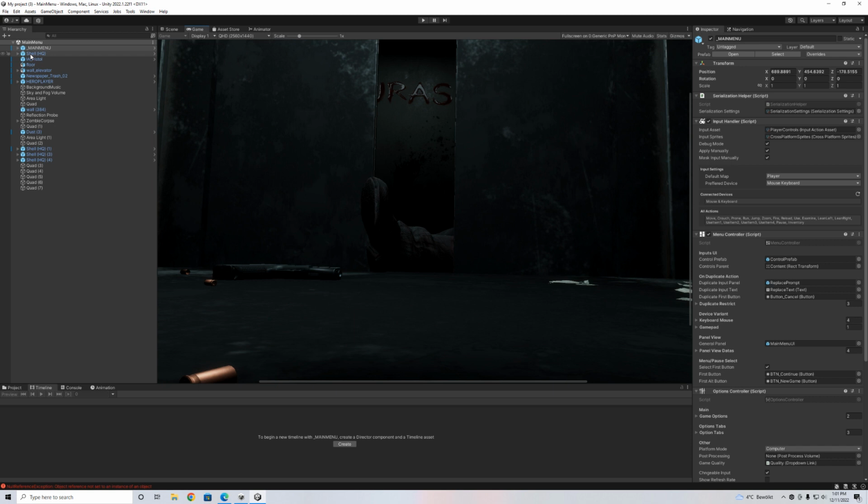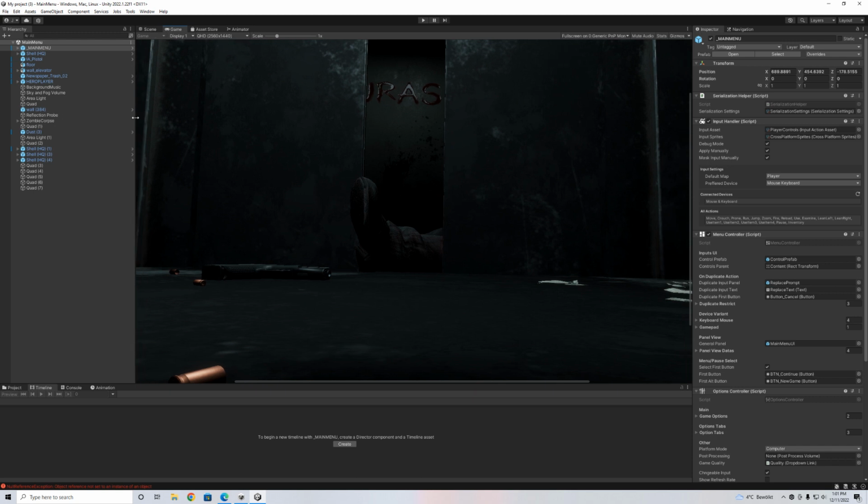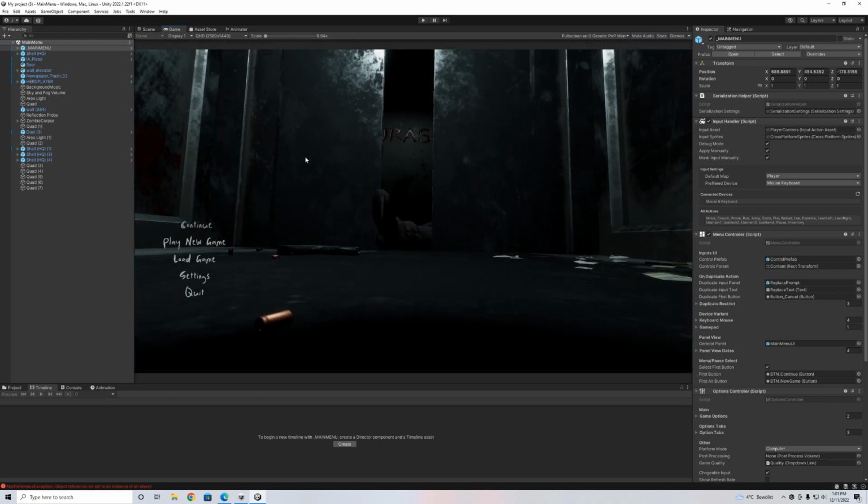Today I'm going to show you guys how to make a dynamic menu using the Horror FPS kit. The main menu here, kind of editing the one that comes with it. This is a little bit more of an advanced tutorial. I didn't want just a static menu, like just a picture behind it. I wanted more of a dynamic menu. So I'm going to show you guys how to edit the main menu in the Horror FPS kit and make a dynamic menu. So the first thing I did, going over the fonts here,